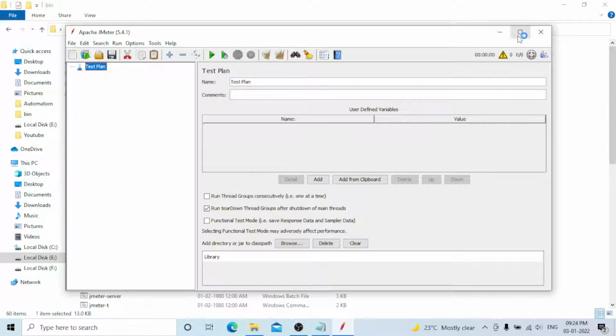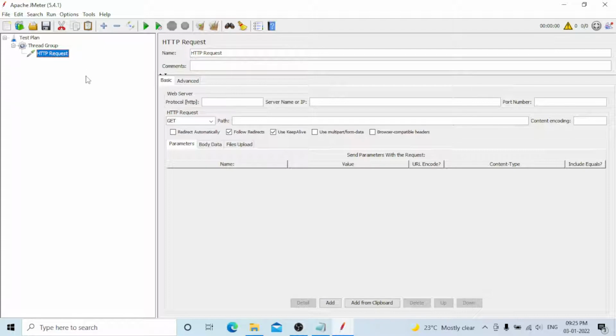To test a SOAP request, you first need to set up some small parameters. You need to add the thread group. Under the thread group you can add the HTTP request. Previously we used the SOAP/XML-RPC request for SOAP testing purposes, but it's already deprecated. That's why now you need to use the same protocol, HTTP request. Then you need to go to listeners and add View Results Tree.